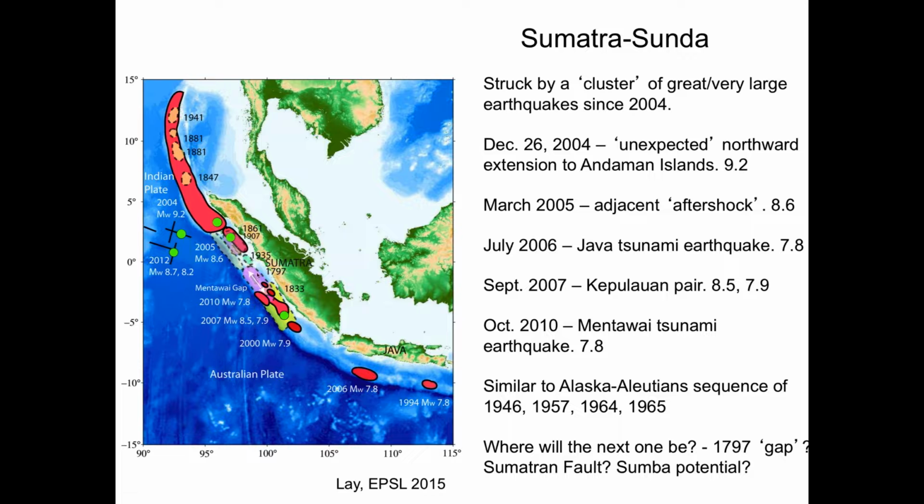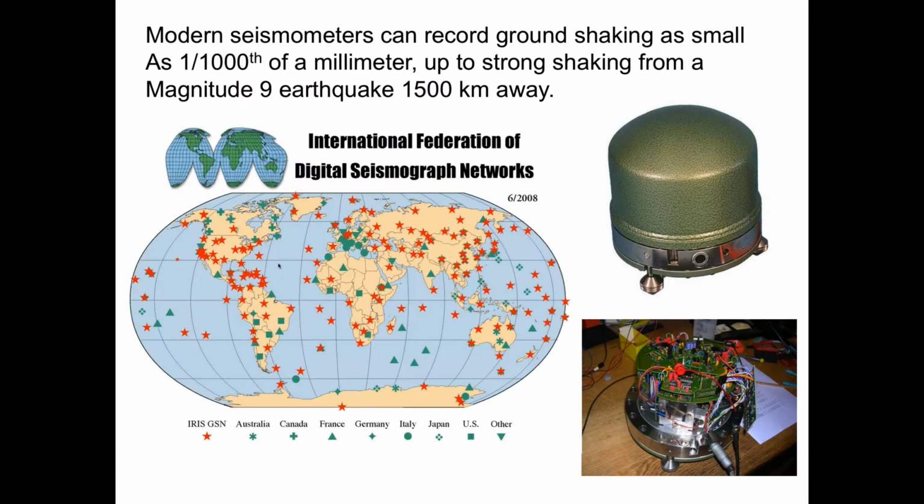So right in here, the Mentawai Gap is deemed to be a high probability area for a future earthquake. Now in 2004, we didn't have all these stations, but we were well on the way to having most of these stations. This is a 2008 map of the global seismic network. Most of these were operational and available in 2004 and have been upgraded to have this type of instrumentation,